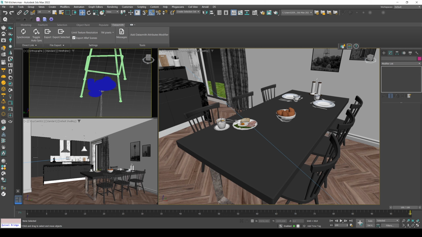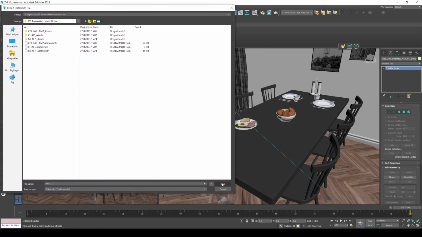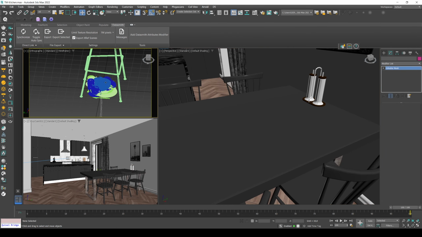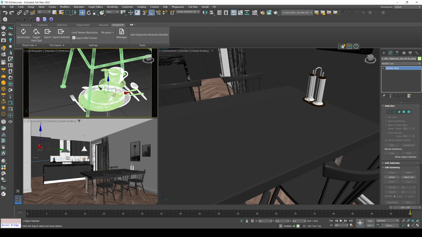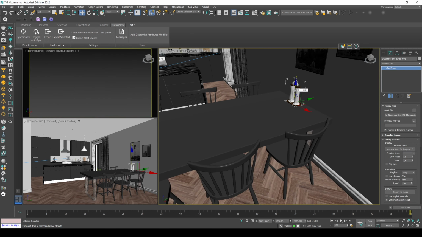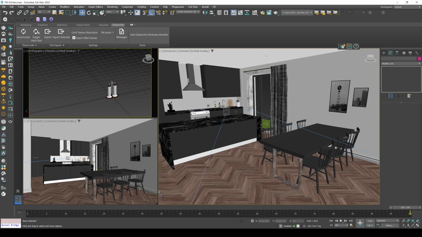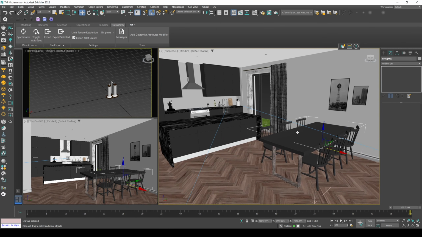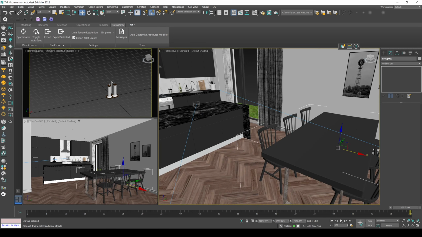And let's repeat this process for all of the accessory objects. This is alright. This is going to be the kitchen table and is going to be exported solo, and also this chair will be exported single as well.